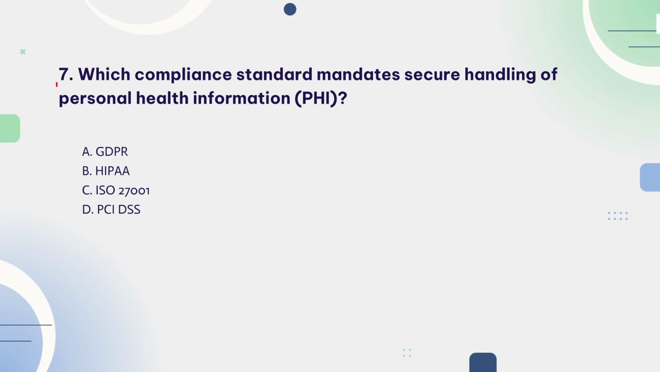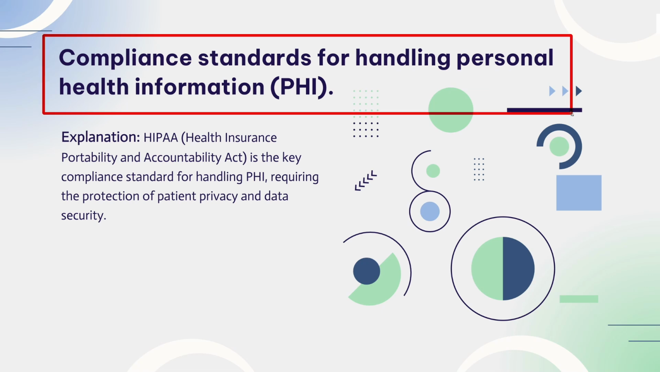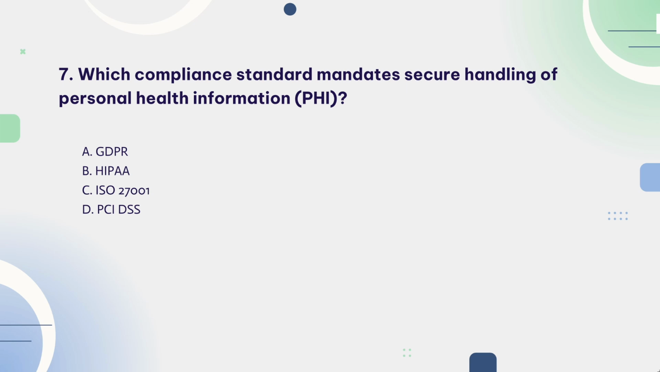Question 7. Which compliance standard mandates secure handling of personal health information? This question tests handling PHI securely. The knowledge points of this question are compliance standards for handling personal health information. HIPAA is the key standard here, making sure patient health information is kept private and secure. So, the correct answer is